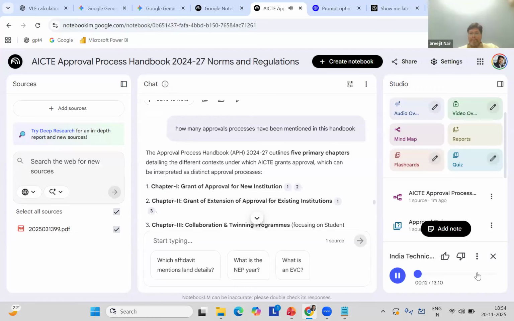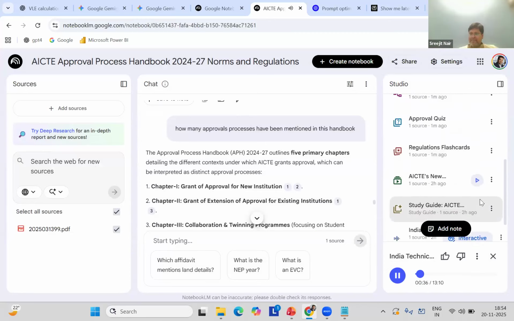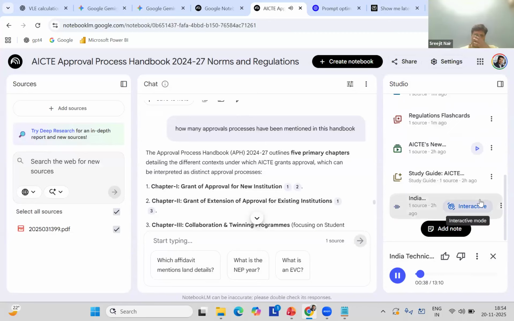AICTE, that's the All India Council for Technical Education's new approval process handbook for 2024 to 27. This is voice number one. It's just a simple update. Voice number two. It's a detailed strategy document. The whole thing is built around one massive goal: making Bharat a global technical hub by 2047. Our mission here is to cut through all that dense regulatory language and just give you the most impactful changes. We're focusing on simplicity, transparency, and a surprising amount of flexibility. Right, and the sources really show this huge philosophical